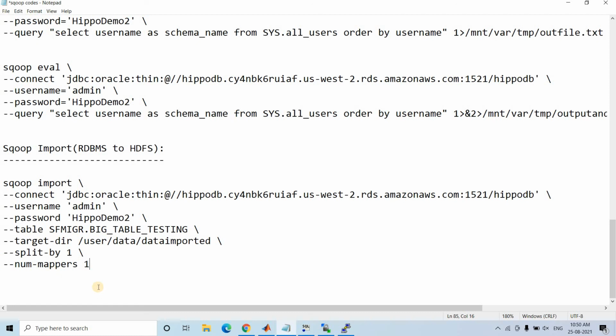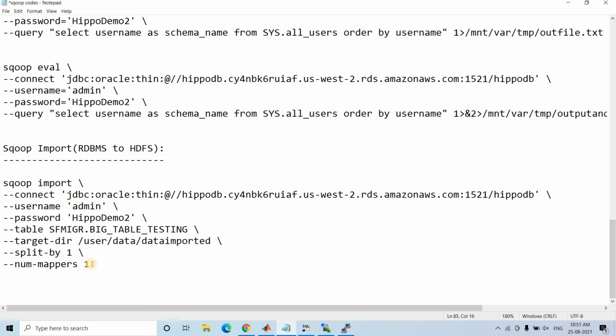The parallelism you can tune or control using the number of mappers. If you specify more mappers, that many individual mappers will start working together in different worker nodes, and the data will start being imported from our RDBMS system together and dumped in our directory. So the number of mappers is controlling the parallelism.